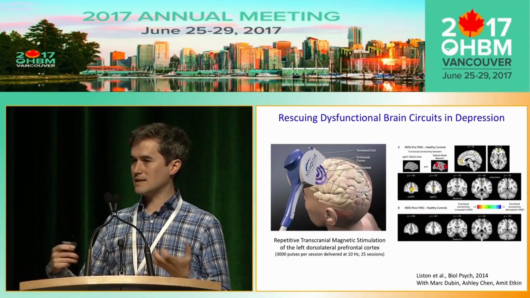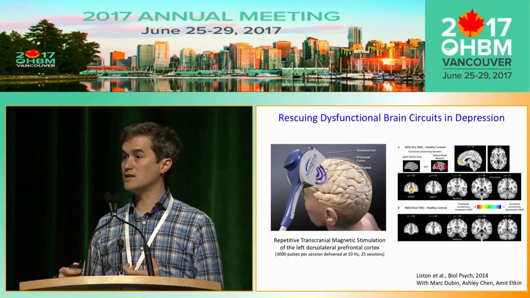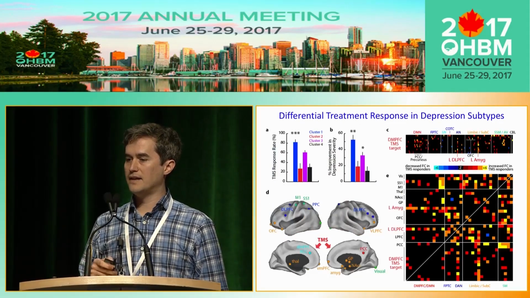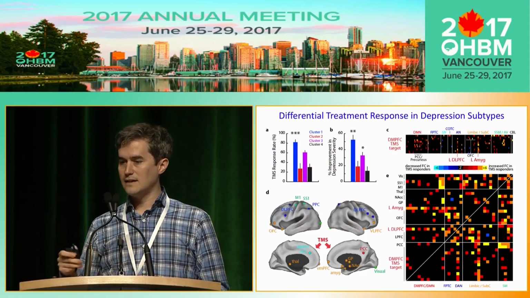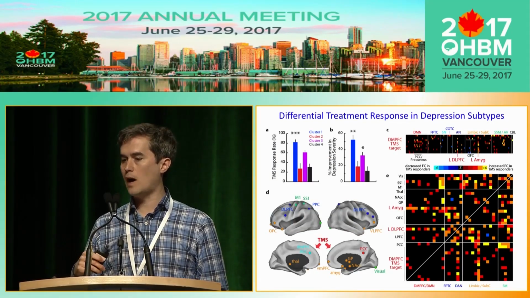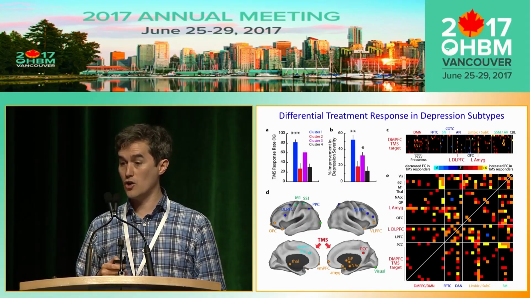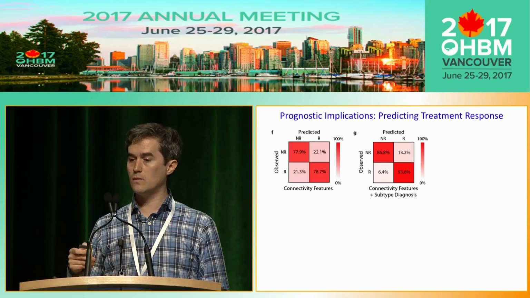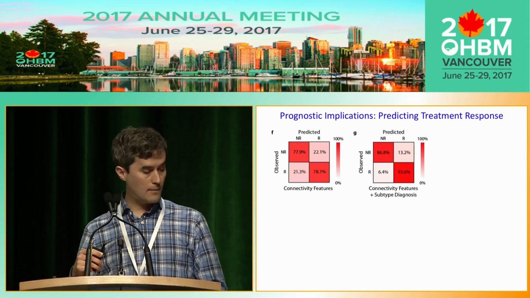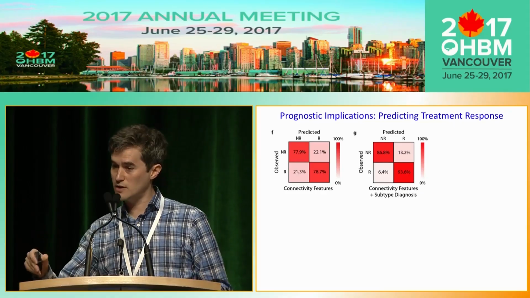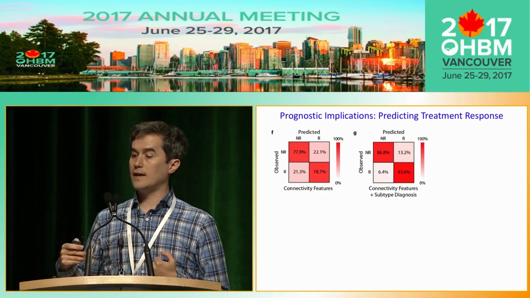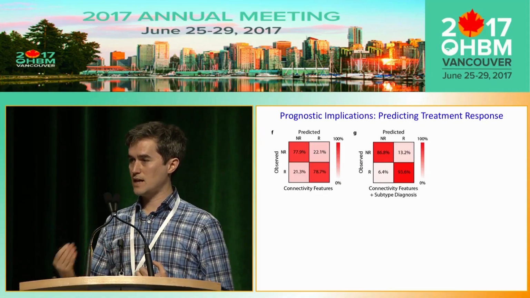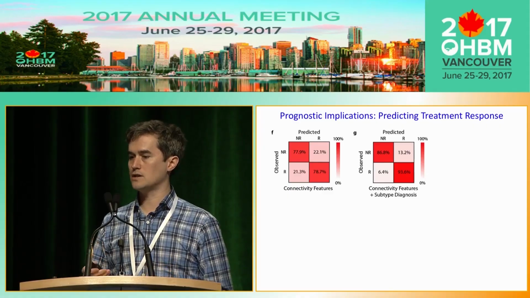So we asked, based on the finding that dorsomedial prefrontal connectivity varied strongly by subtype, whether the subtypes differed in terms of their treatment responsiveness. And to summarize a kind of busy slide here, we found that they did. Subtypes 1 and 3 were more likely to respond to TMS targeting this node than subtypes 2 and 4. And we could train classifiers to predict who would go on to respond to TMS based on their functional connectivity prior to treatment. And we could do significantly better in panel G if we included their subtype diagnosis in the classification than if we just had connectivity features alone.